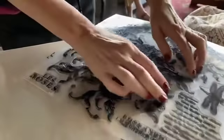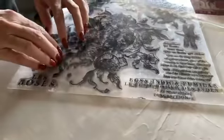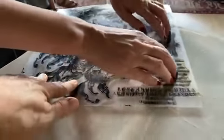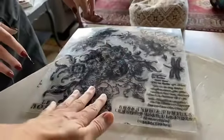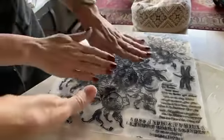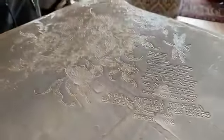Okay, now the way you lift off is important here, guys. Again, you do not want to shift. Now remember what Josie said, this is not meant to get a perfect impression. Stay with us. It is amazing when it's all finished. You're using more pressure with this technique than you do when you are using the stamp with paint or ink. Firm pressure. Yeah, firm pressure. You'll get used to that as you play and experiment. So you see, it is a very crude,